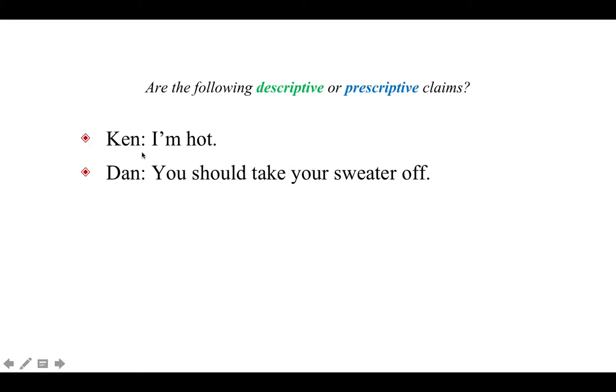Why? Because Ken is describing that he is hot, as if panas. But Dan here is prescribing Ken that he should take his sweater off. Therefore, he is giving a prescriptive claim.